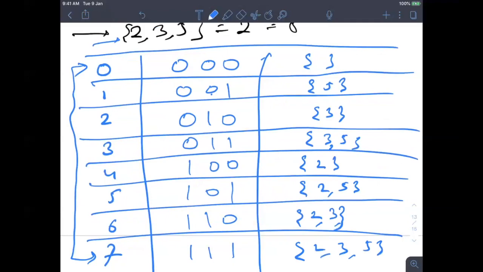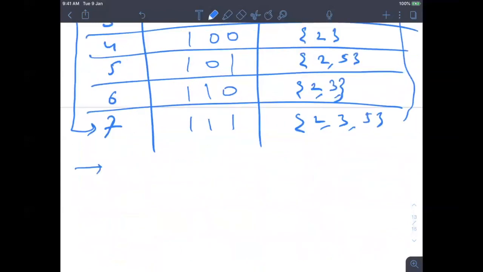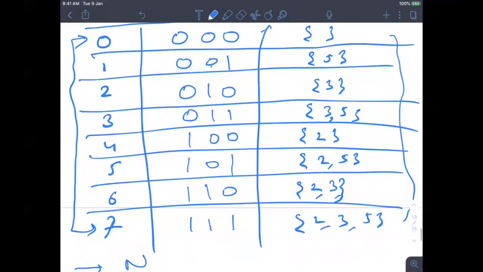Oh, I missed one thing. Yeah, let's discuss. So, binary representations of these numbers are giving you a subset. The problem with finding all the subsets was people don't understand recursion easily. It's a little tough for me also. It was very tough the first time. But let's say you have to find subsets of any n numbers. If you are able to get binary numbers from 0 to n minus 1 somehow, you will get all the subsets there itself.